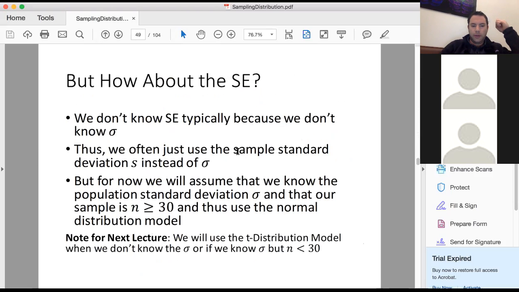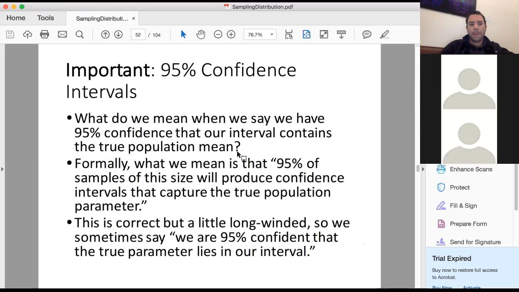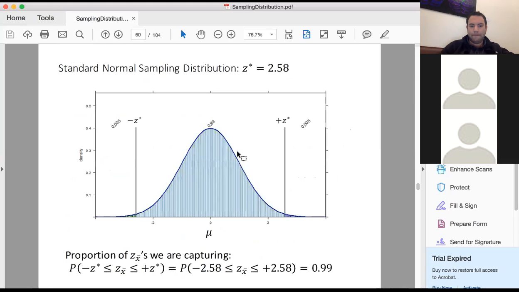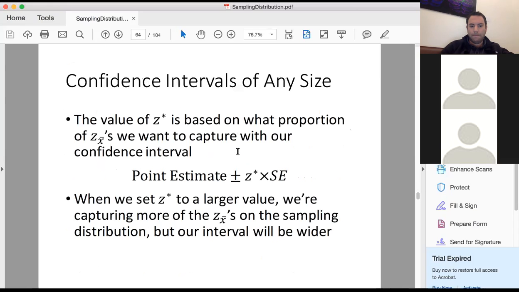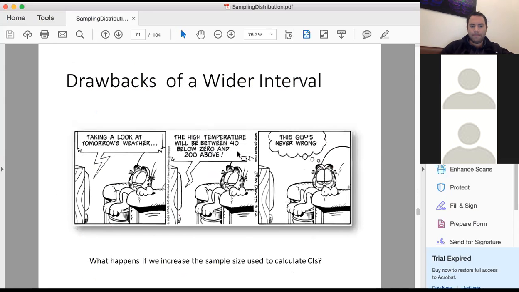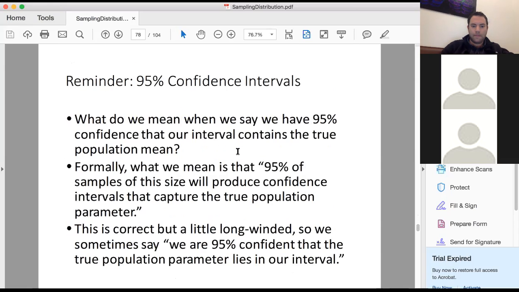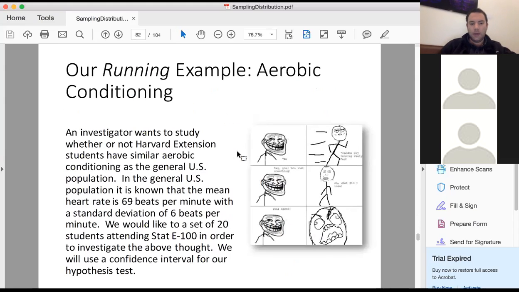Then we spoke about confidence intervals and point estimates, and then when we talked about hypothesis testing,